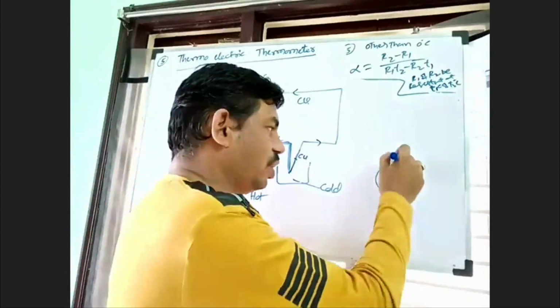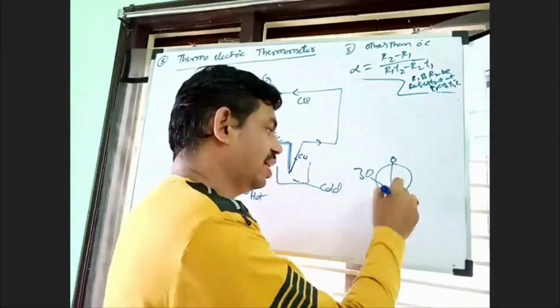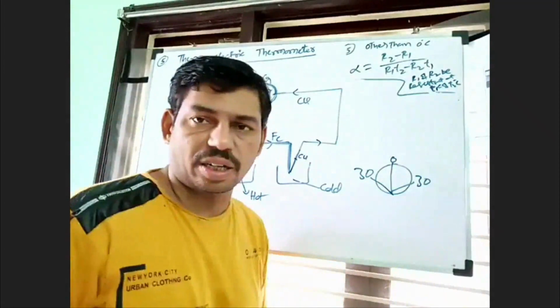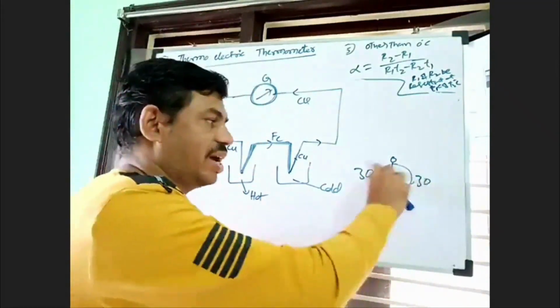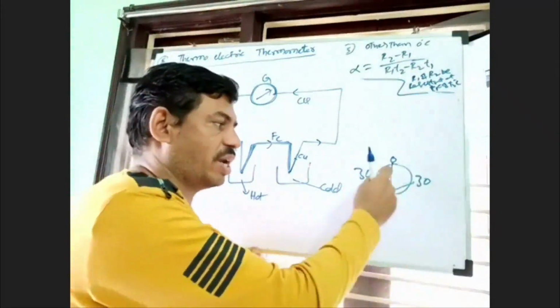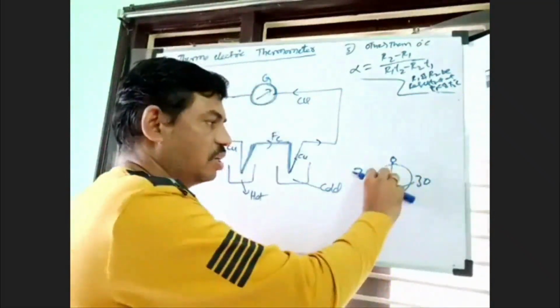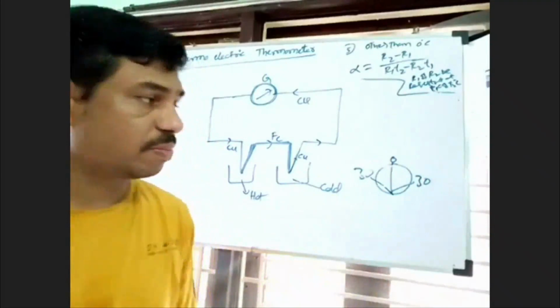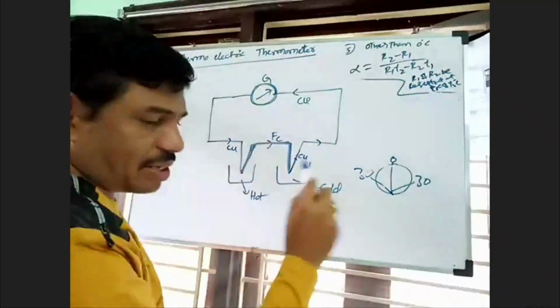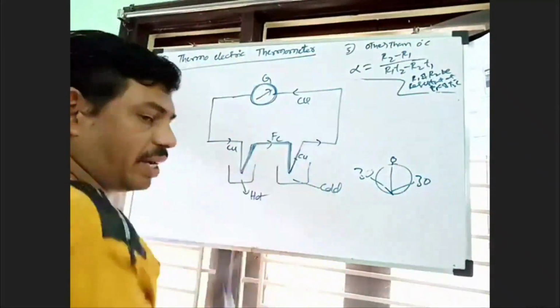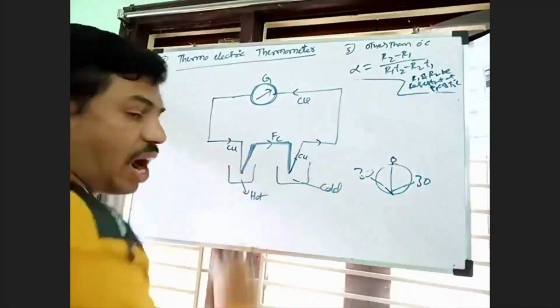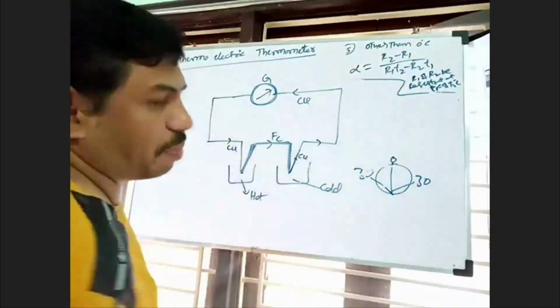This galvanometer scale can be calibrated to measure the temperature of the hot junction